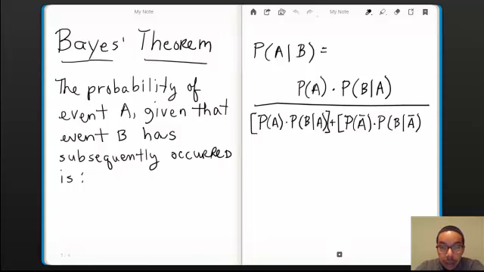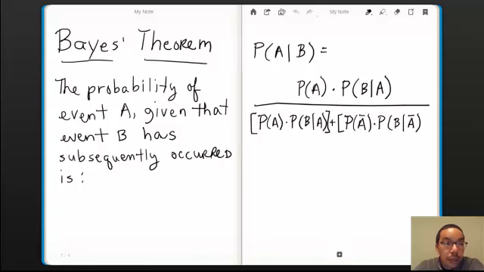is given by the formula. All right, this is a formula that you were probably given in your math course. So the probability of event A given that event B has subsequently occurred is given by this theorem that the Reverend Thomas Bayes came up with. It's a really formidable expression, but we can simplify its calculation by going through what we're going to do